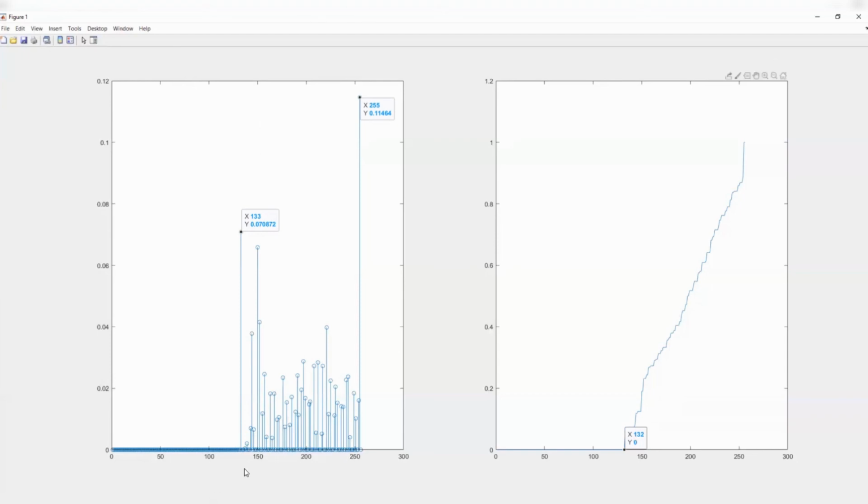And then you see a sudden jump. So 133 is occurring 7% of the time. And that is why, if you see here, there is a sudden slope, a sudden increase. The slope is increasing rapidly. That means there is a huge intensity concentration suddenly happening. Suddenly 133: till 132, none was existing, and 133 suddenly started to appear 7% of the time. And you can see that. And similarly here, you can see all these cases.